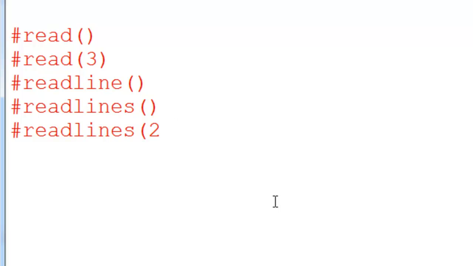From these 5 functions, in the first example I will execute the first 3 functions, and in the next example I will execute the next 2 functions.